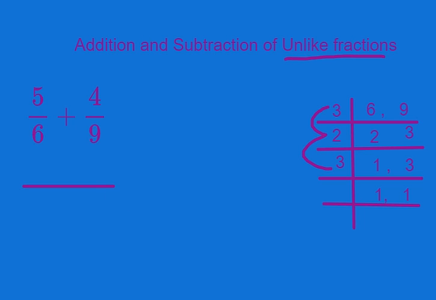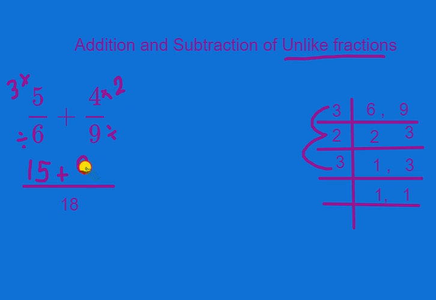We can make a line and write down the LCM as a common denominator underneath. Now this is how we will work it out. 18, first we will divide the LCM with the denominator. 18 divided by 6 is 3. So we will multiply 3 with the numerator. It will give us 15. Same method will be done with the second fraction. 18 divided by 9 gives you 2. 2 multiplied by 4 will give us 8.